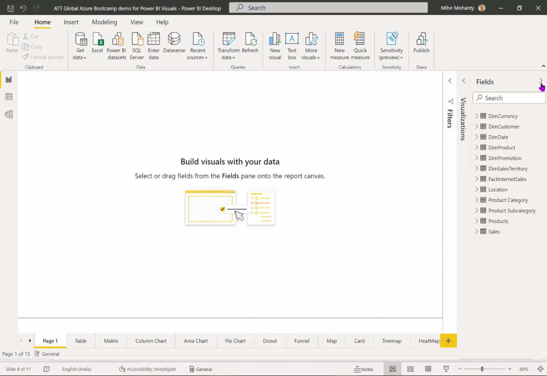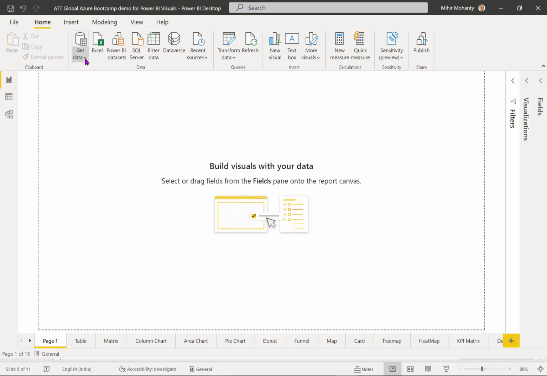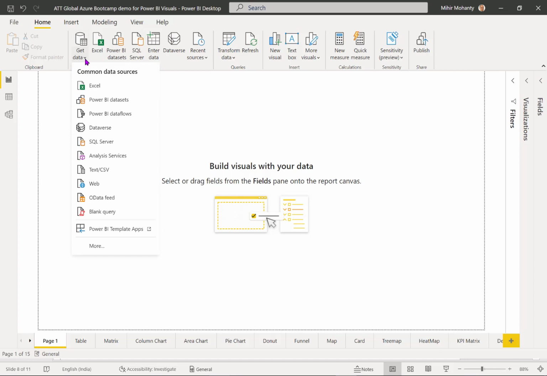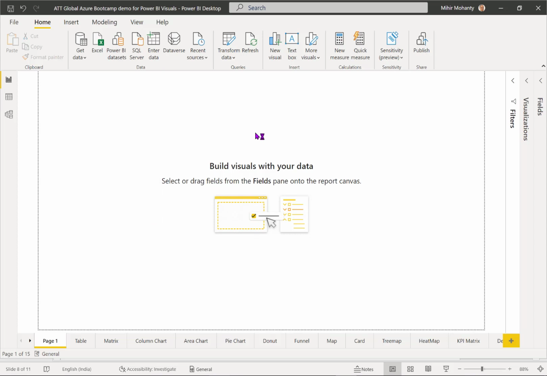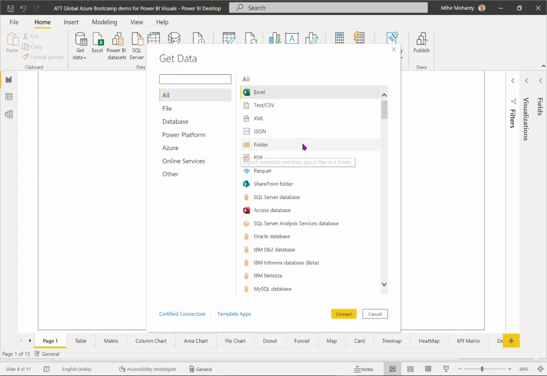And to begin with, I'm going to load the data to Power BI first. Because Power BI is bringing up new features and capabilities, you can see the whole set of data sources which are compatible, where you can import the data.